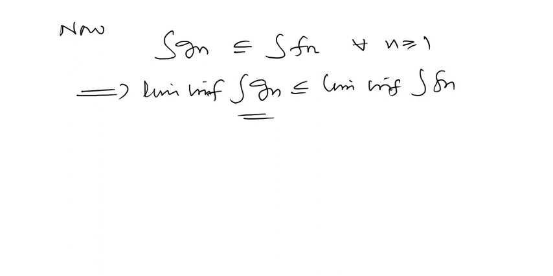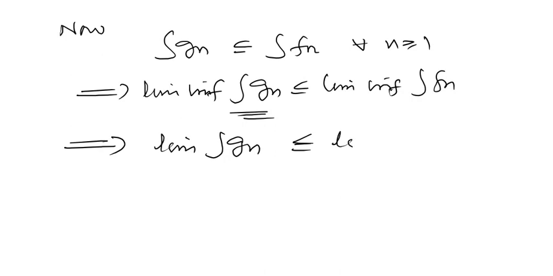So limit inferior of this sequence and limit superior of this sequence are the same and they are equal to the limit. This implies the limit of the integral of Gn is less or equal to the limit inferior of the integral of Fn. But this thing is given, it's finite. So Gn has satisfied both conditions of Levy's theorem. Now you can apply Levy's theorem. So by Levy's theorem there exists an integrable function